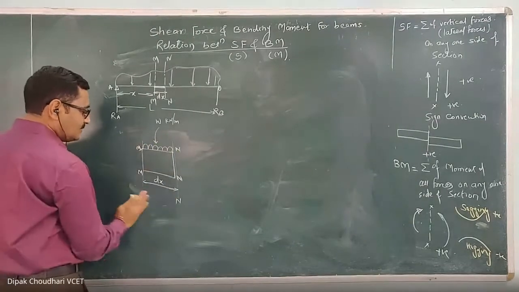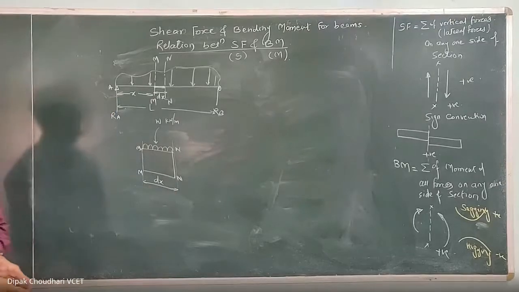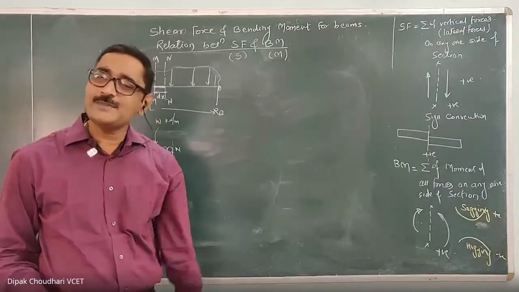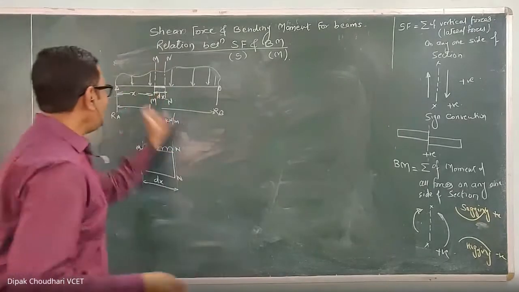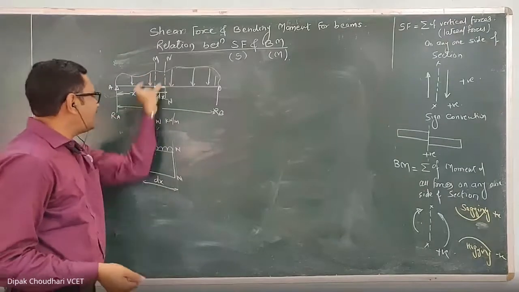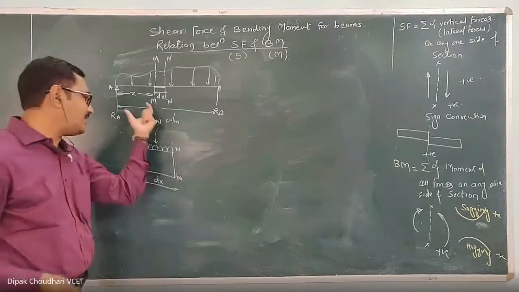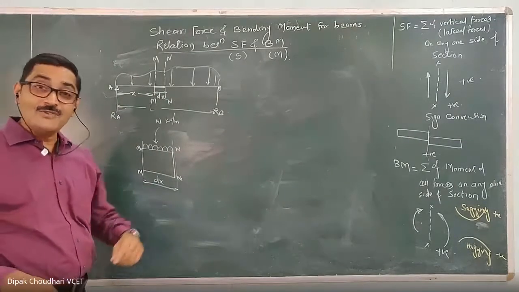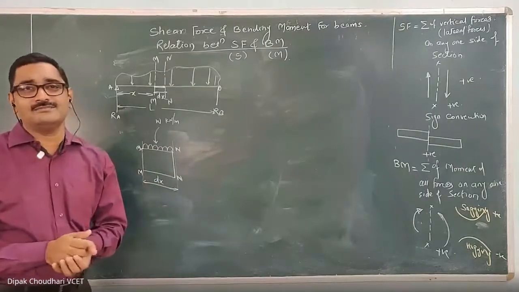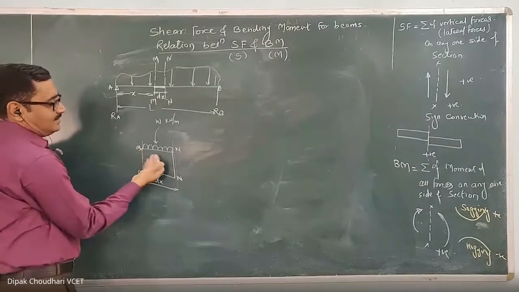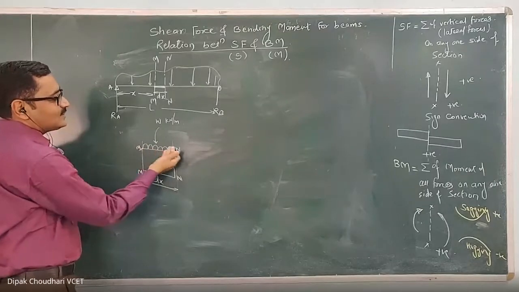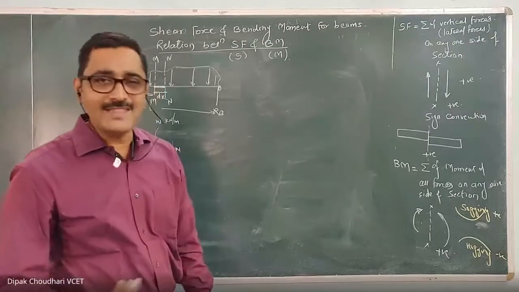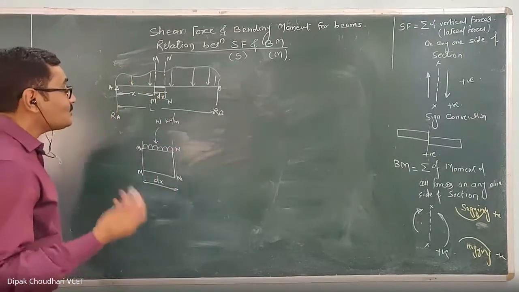Now, the concept is that since the entire beam is in equilibrium, each and every part must be in equilibrium. So, if I isolate this small part and consider its FBD, this will also be in equilibrium. Which are the other forces because of which it is in equilibrium? Right now we have considered only this UDL which is downward. Under the action of this UDL, it won't be in equilibrium. Some balancing force must be there.